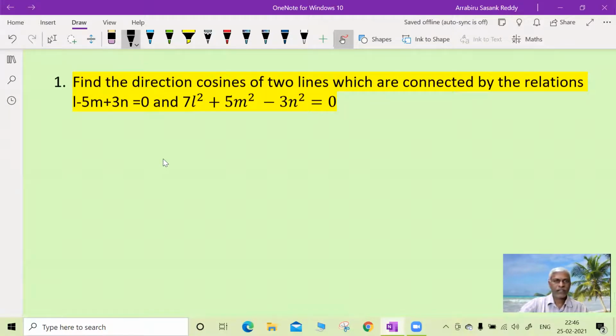Find the direction cosines of two lines which are connected by the relations l minus 5m plus 3n is equal to 0 and 7l square plus 5m square minus 3n square is equal to 0. Given conditions,